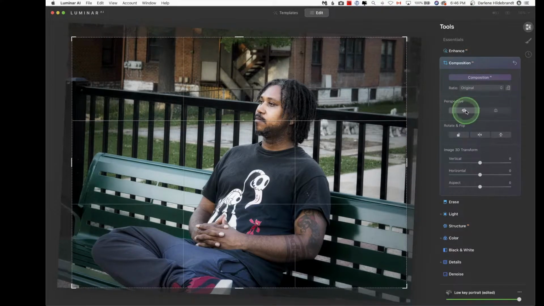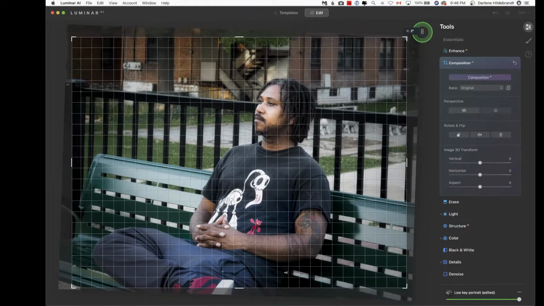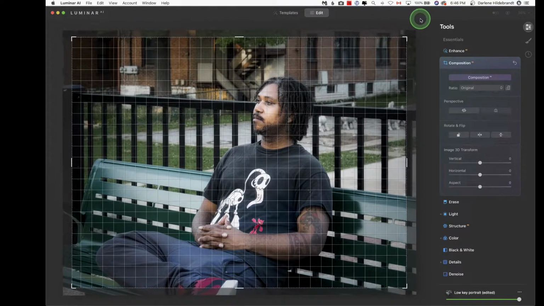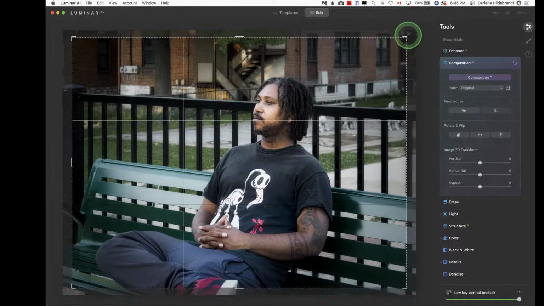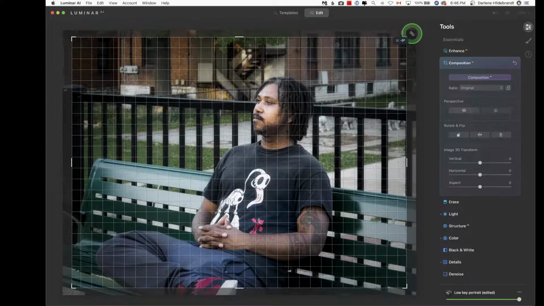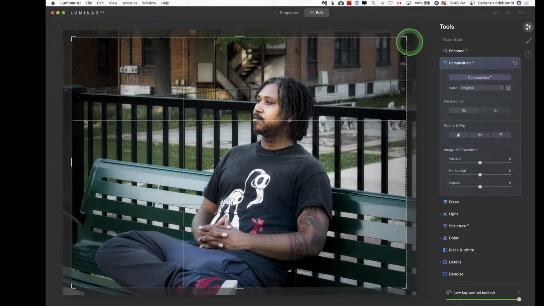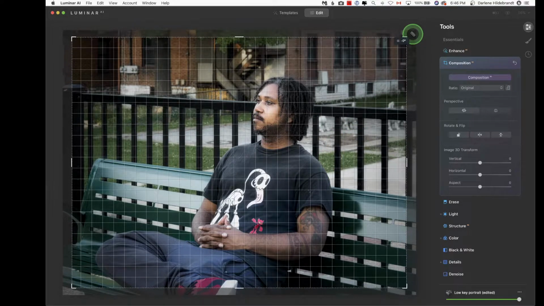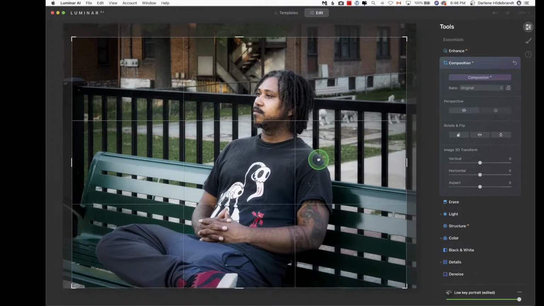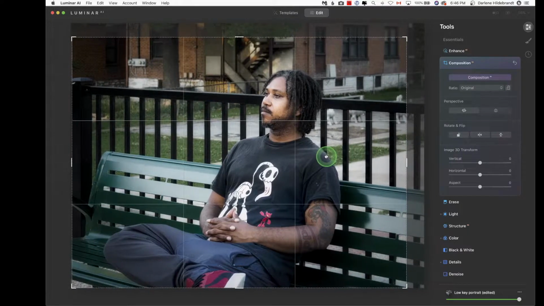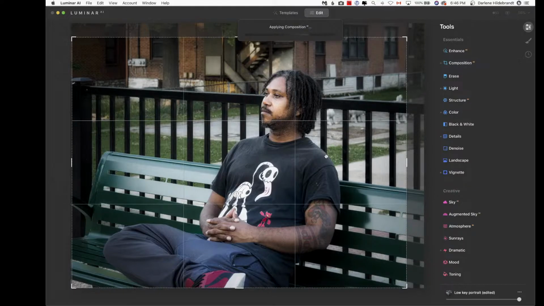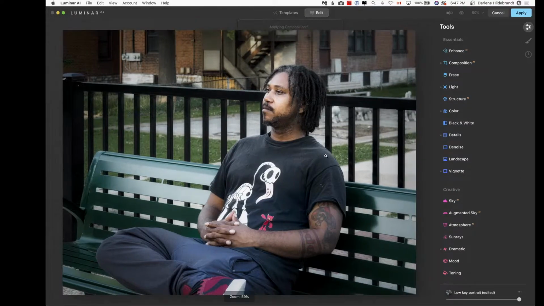I can also do that manually as well. Okay, so I can just grab it. And I'm looking at the lines of the bars. Once you click on the corner to drag it, you'll see this grid show up. And what I'm looking for is that the grid matches on all of the bars. Okay, so not just the middle ones, but the edge ones also. So about like that. Okay, I want to make sure I get most of him. Make sure he's got space in front of him, more space than behind him. Okay. And hit enter. Okay, so fairly quickly we've got something really similar to what I had in Lightroom,